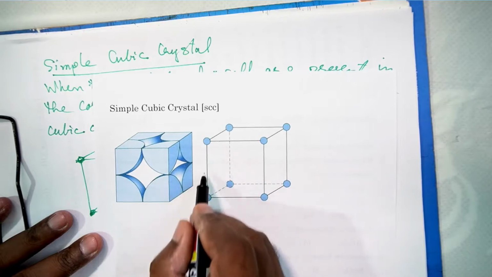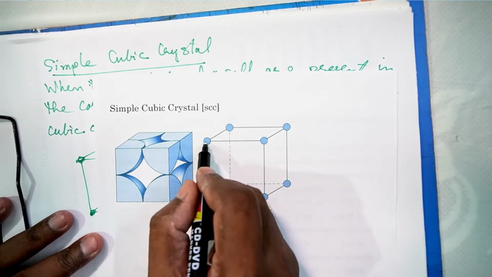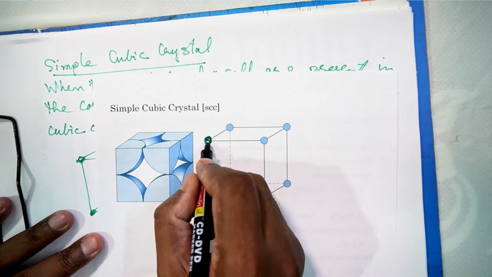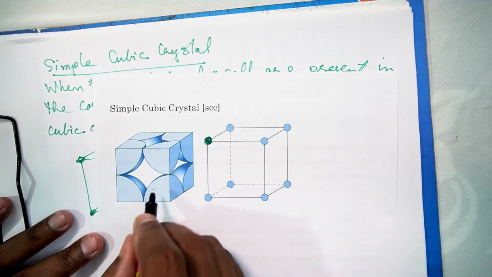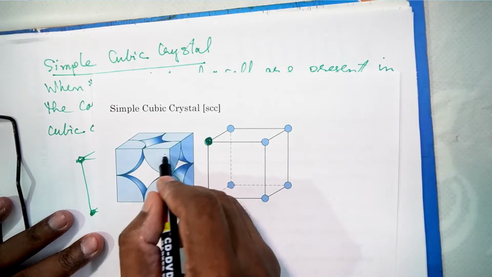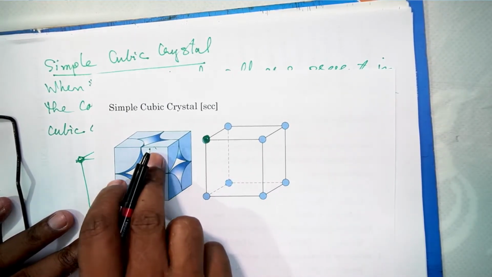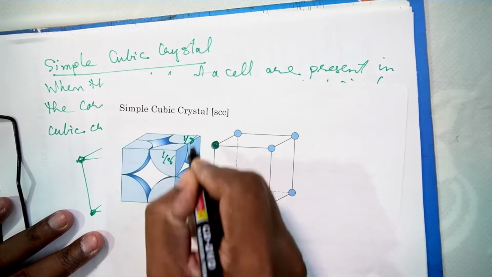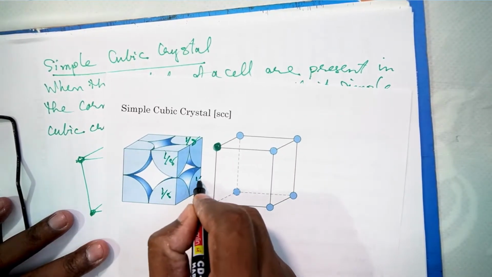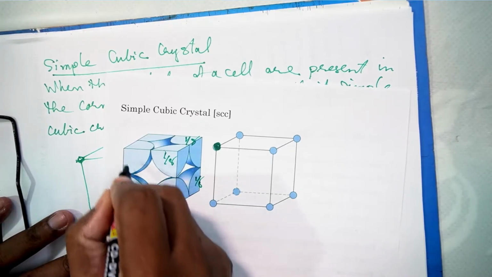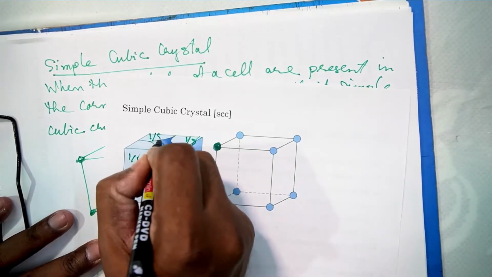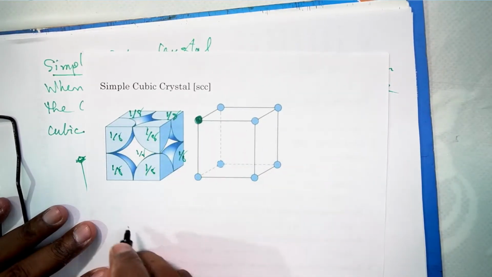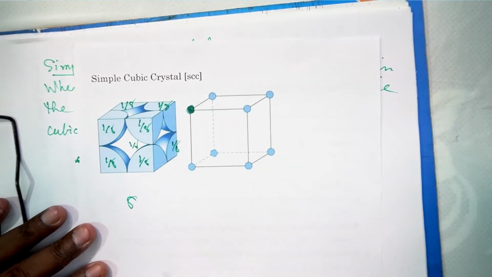Now if you cut it exactly, this spherical atom is taking part in the neighboring cells also. So actually it is getting cut like this. So you have only 1/8 of the atom here. This is 1/8 of the atom at each corner. 1/8, 1/8, 1/8 here, 1/8 here, 1/8 here, and at the back also is 1/8. So there are how many corners? 8 corners.